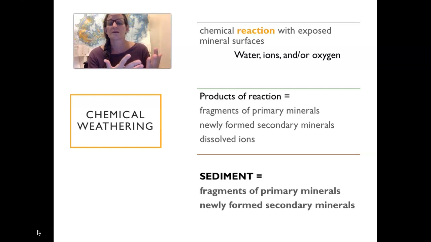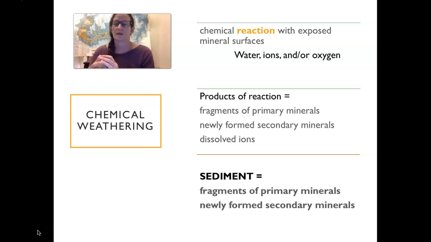The products are going to be things like fragments of primary minerals, so minerals that haven't changed in that whole chemical weathering process. Newly formed secondary minerals. We can transform one mineral into another during these chemical reactions. And then another thing that's going to be created is dissolved ions. So once you've weathered that rock, this is oxidation on the surface, that can produce ions that are going to be washed away